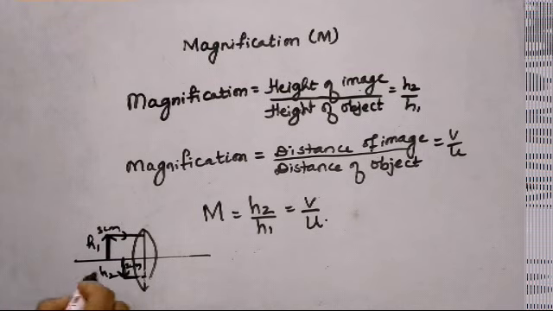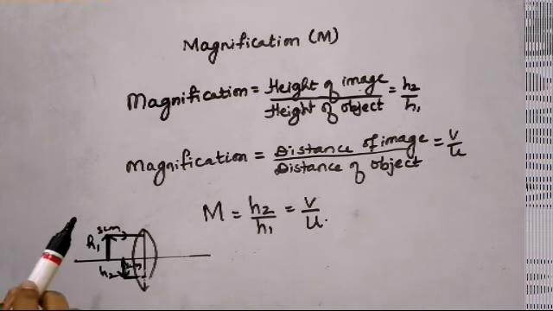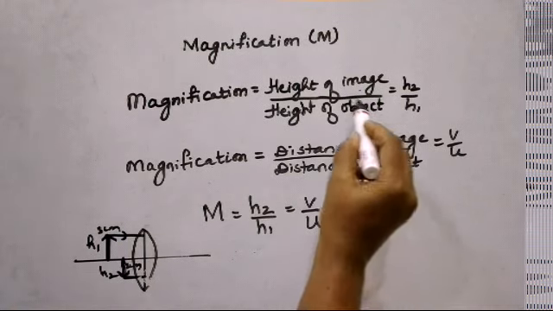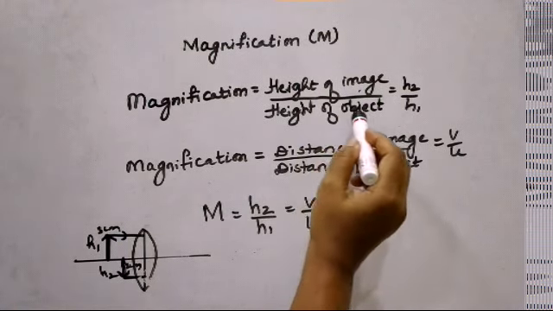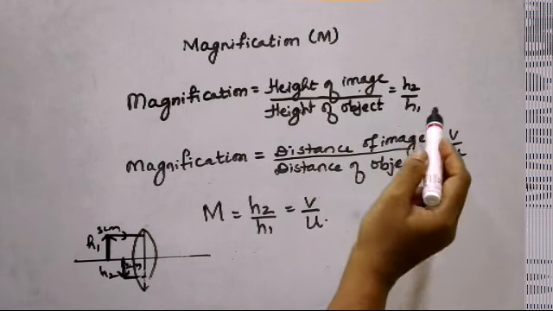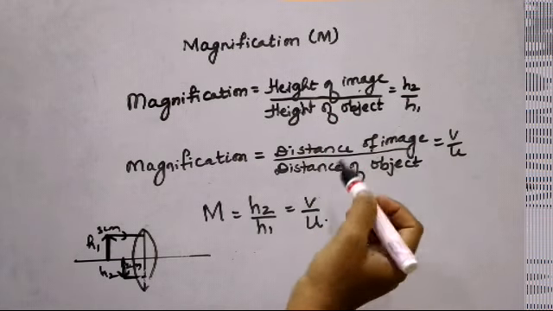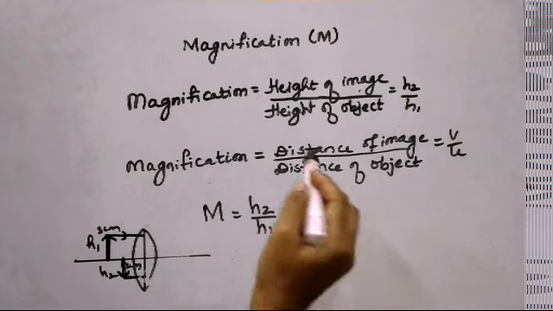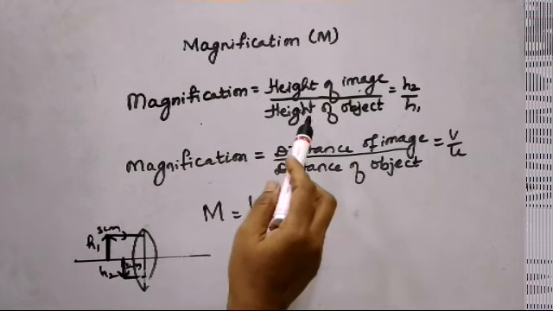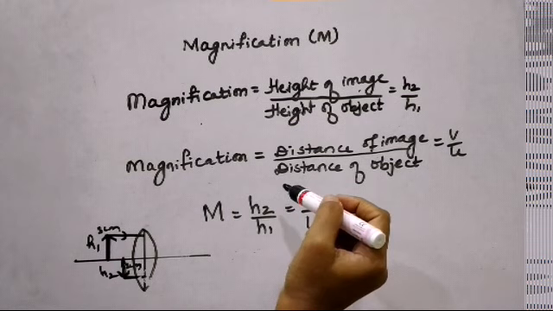So in this case magnification will be height of image h2 divided by height of object h1, that is 2 upon 3. Okay. So what is magnification produced by a lens? The magnification due to a lens is the ratio of height of image to the height of the object. So if the height of the image is denoted as h2 and height of the object is denoted as h1, then the magnification m will be equal to h2 upon h1.